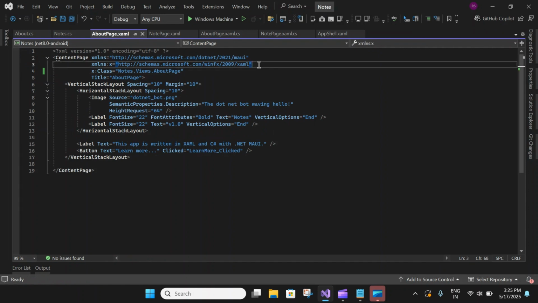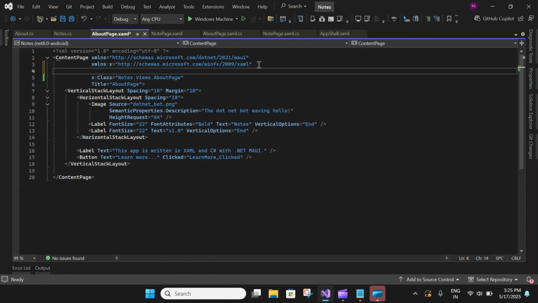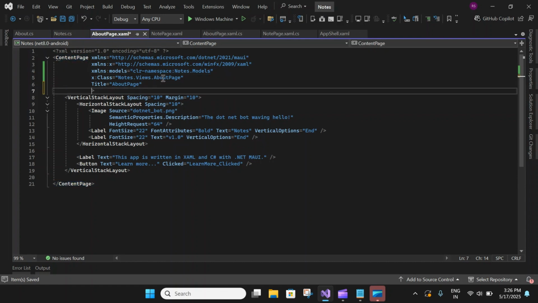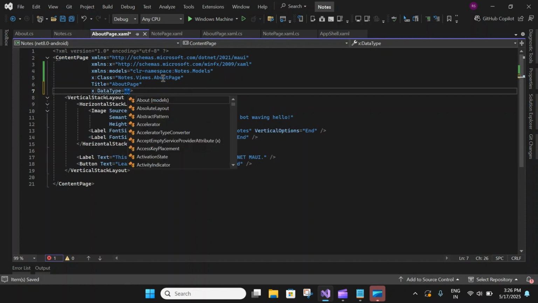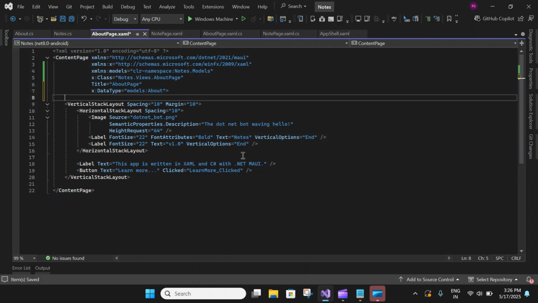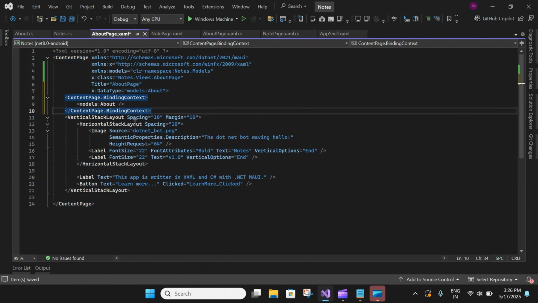So here let's add the model namespace. Let's save this. The next change you have to do is add the x:DataType. So let's add x:DataType equal to models:About. So we have added the x:DataType. Let's add a content page,